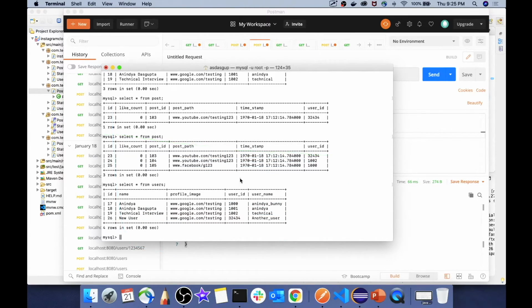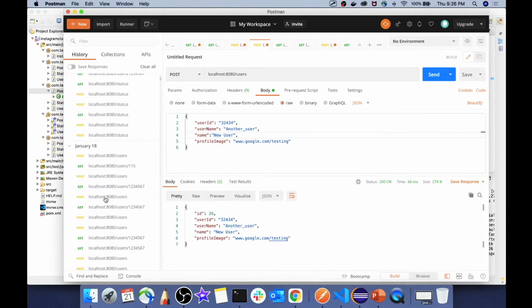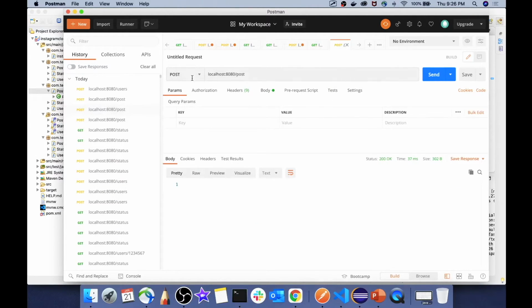So right now you can visually understand what I am doing. So basically I am submitting a post, and based on the user ID I am mapping the user table of this user ID with this one, and based on the username provided for the corresponding user ID I am retrieving the value of the username and showing it over here. So let's test the getter method for our post service. And over here I'll change it to the GET method, and let's click on submit. So over here you can see that I got an error which tells that this GET method is not supported by our application. So let's see what mistake we have made.